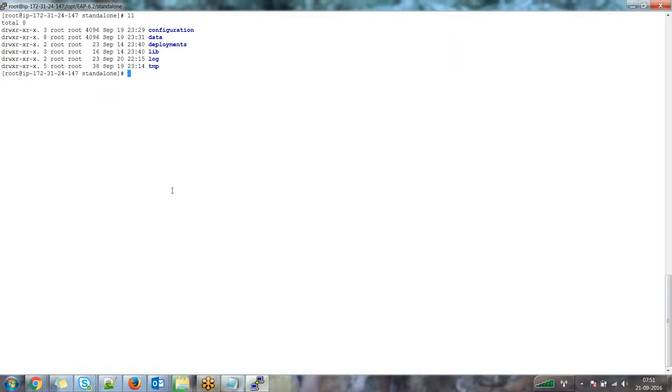So in the standalone mode, we talked about the different configuration files we have. We talked about the welcome content and how we can enable or disable it. We discussed how to start a standalone instance, either using a default profile, an HA profile, a full-HA profile, or a full profile. We also discussed the different configuration folders we have inside the standalone mode. The next important concept we have is the